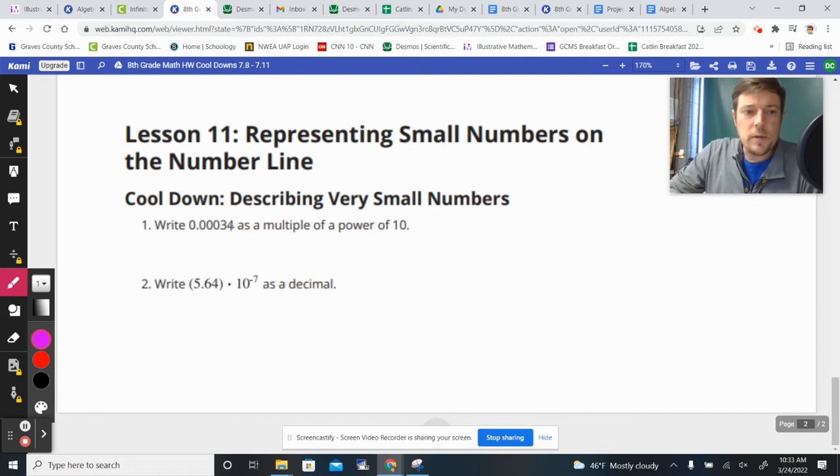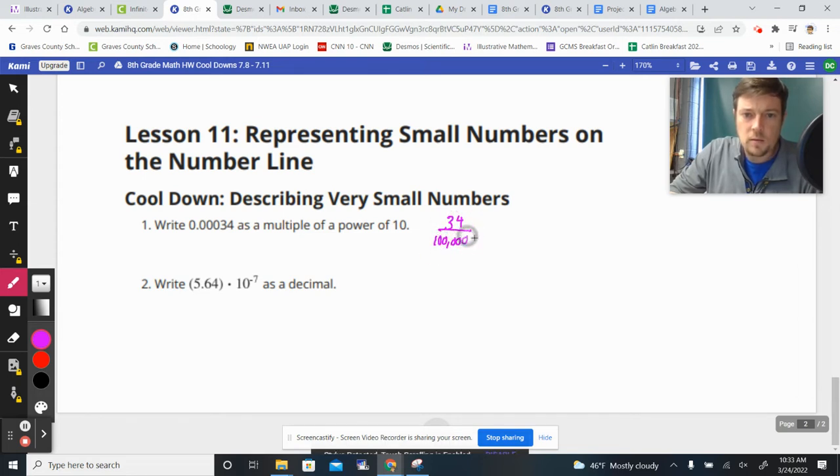We are writing this really small number as a power of 10. And so, to do that, we have to know the place value that it's in, or we have to be able to understand how to count the digits back from the decimal and understand what that is as a power of 10. So if you think about it as the place value of 10, these are tenths, hundredths, thousandths, ten-thousandths. This is like 34 hundred-thousandths. So really, this is the number that we're talking about,